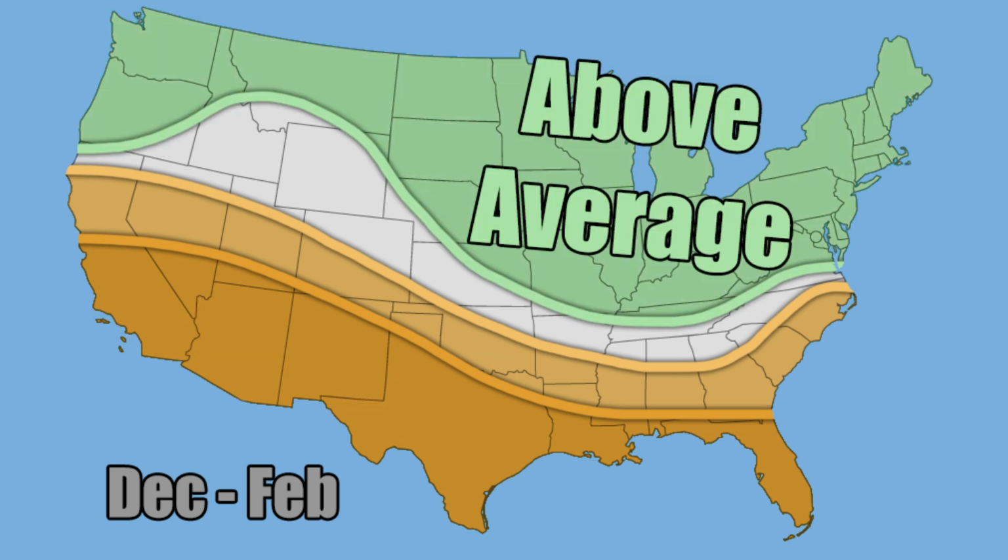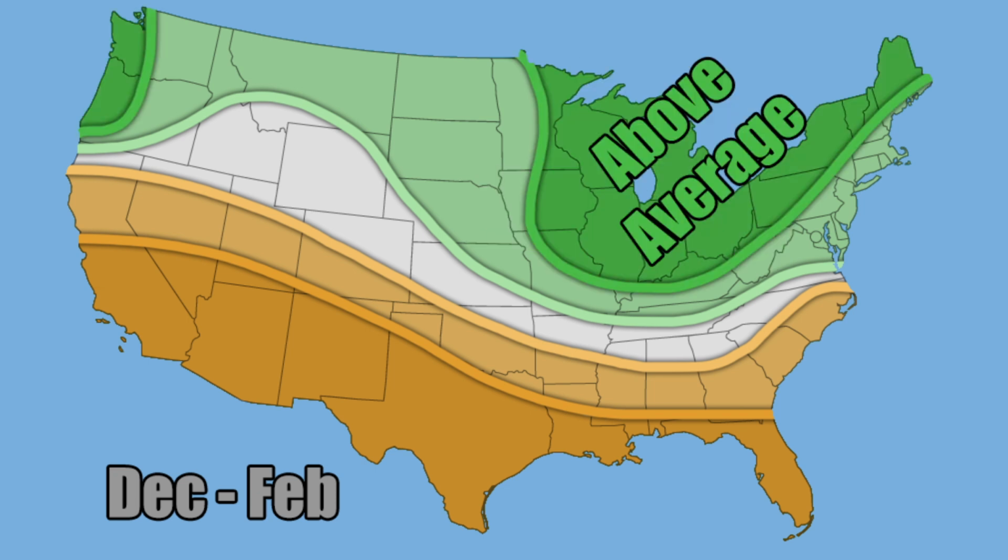Now, here's the above average precipitation region, and this spans from portions of the Northeast through the Great Lakes into the Midwest, and then through the Northern Rockies and into the Northwest. This is where I'm expecting more precipitation than normal in both the forms of rain and snow for these regions, and then moderately above average for portions of the Great Lakes, Ohio Valley, and into the interior Northeast, as well as portions of the coastal Northwest. That's where I'm looking at even wetter than normal conditions for those regions, and snowier than normal conditions, depending on what type of precipitation you're going to predominantly see.